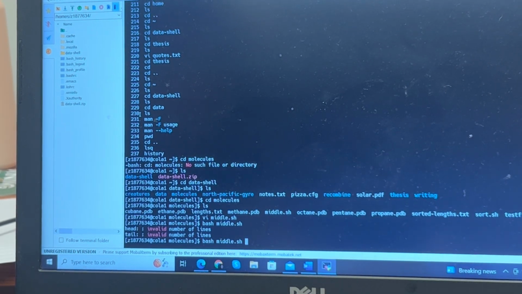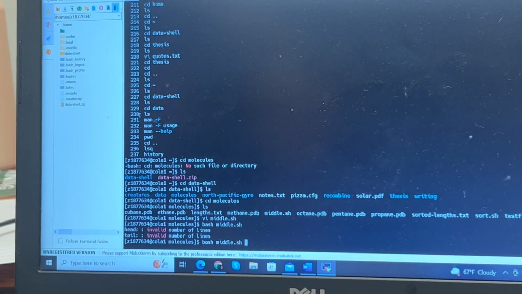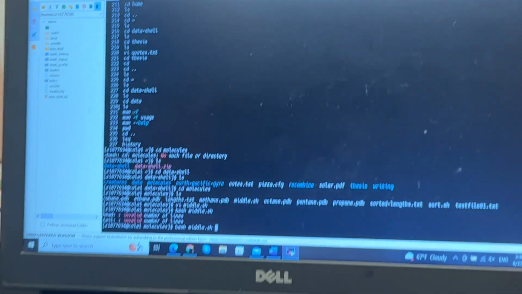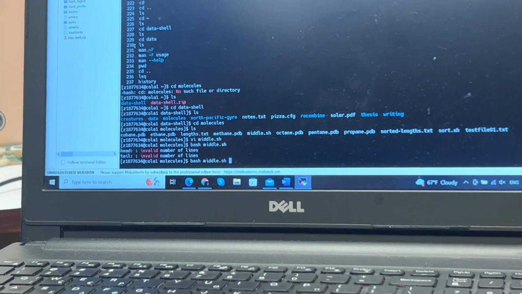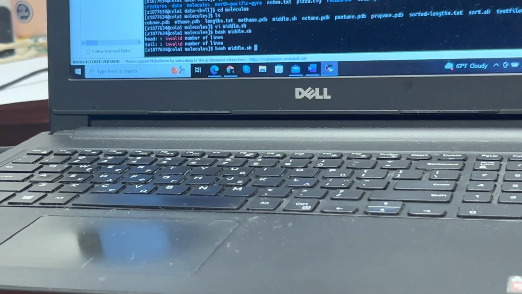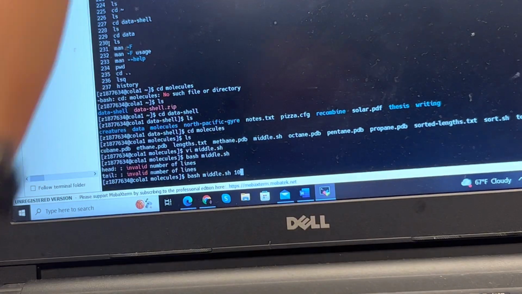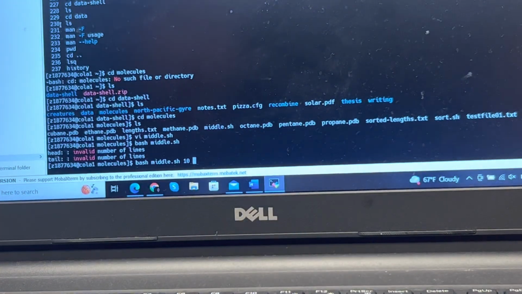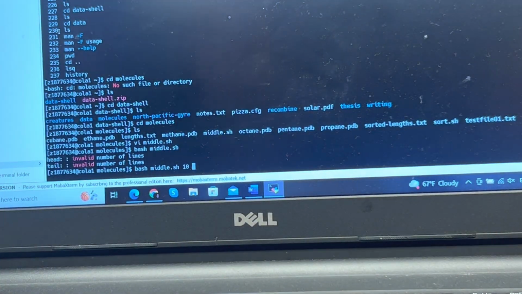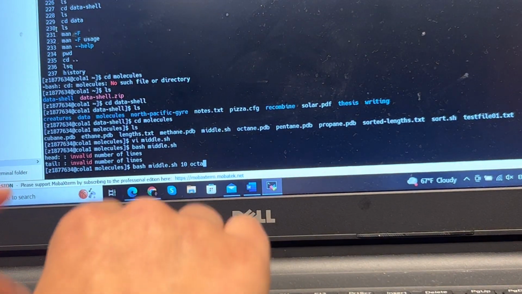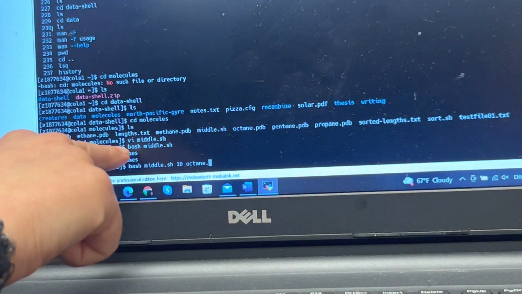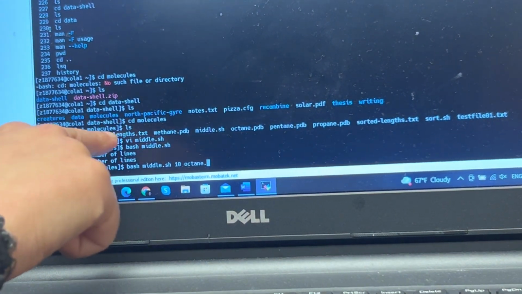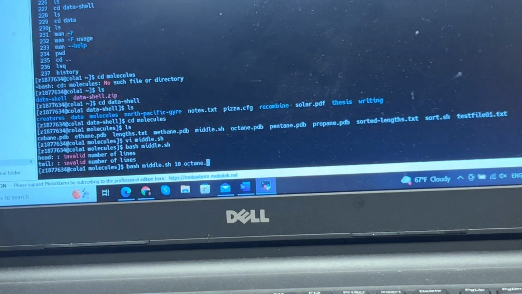So what we need to do is, you remember we had $2, $1, and $3 after the pipe, right? So for $2 we want the number, right? So let's say that we want 10. For $1 we want to specify the file that we want. Let's say that we want the octane. Remember, we are always in the molecules because octane and all that stuff are in the molecules. If you are somewhere else,